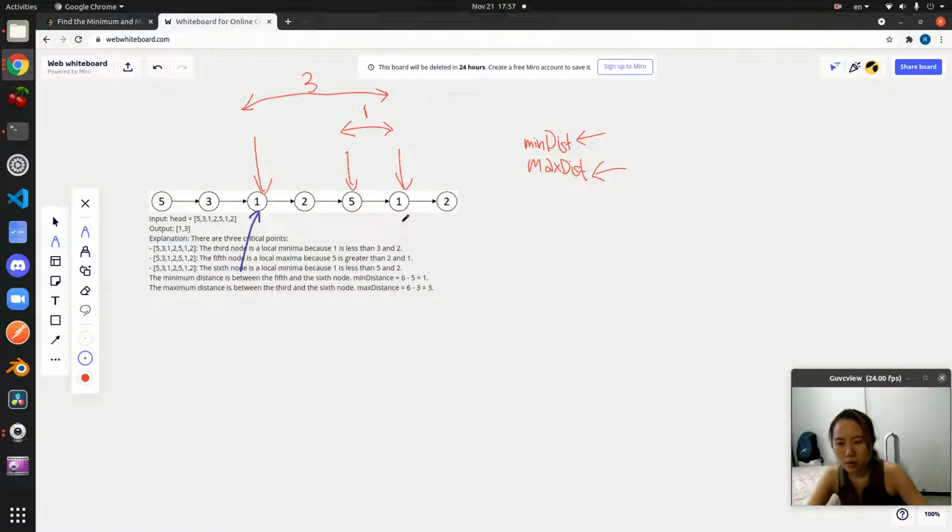And other than that, we need another pointer to keep track of